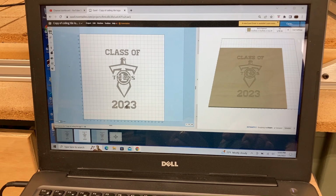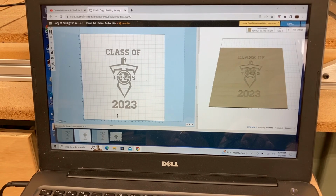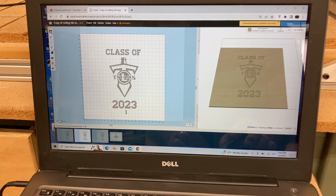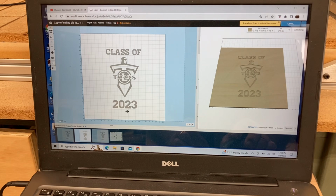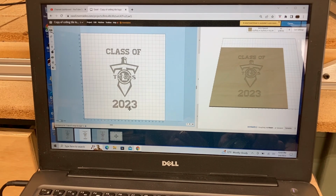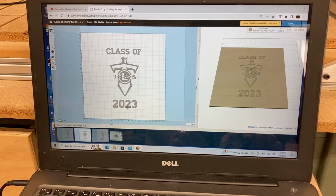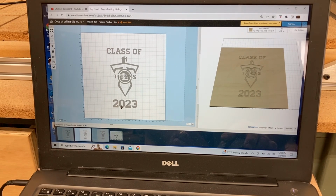Now I typically don't save these. So you can see right now I have 2017, and then it jumps all the way to 2023, because there's no real reason to be able to keep these. The 2017 versus the 2023, the only thing I need to do is just center this